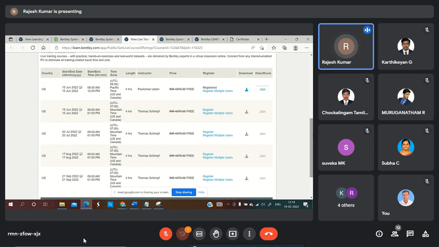Then what we have to do is empower the students and faculties. Empower means we have to motivate them by paying them. If some student is really good in STAAD.Pro, then we can ask that student to give training within the institution, creating leaders.